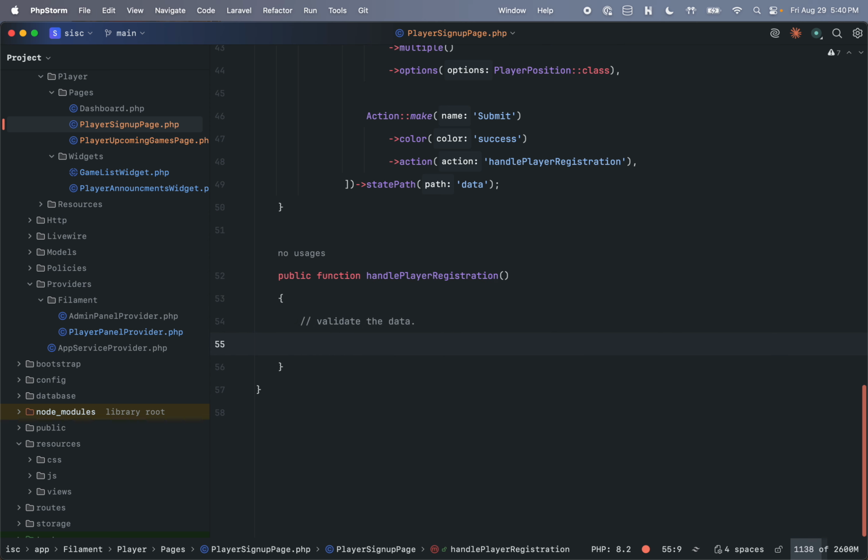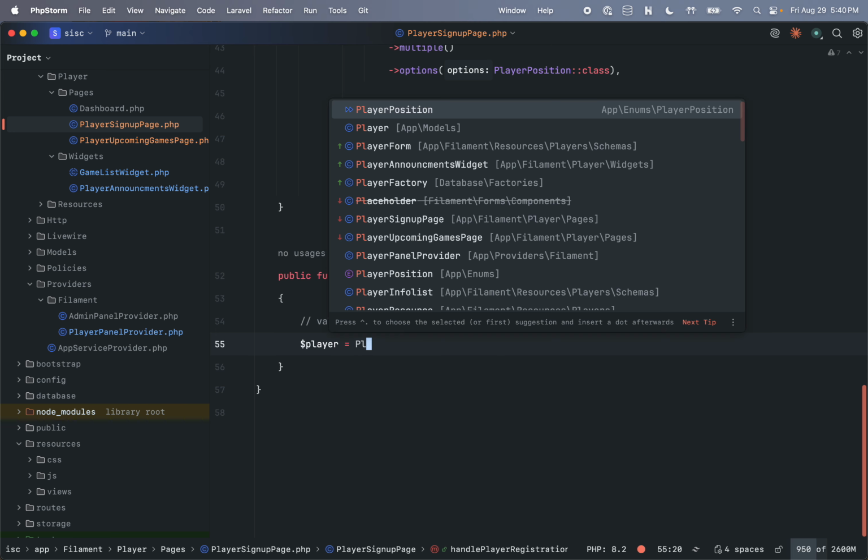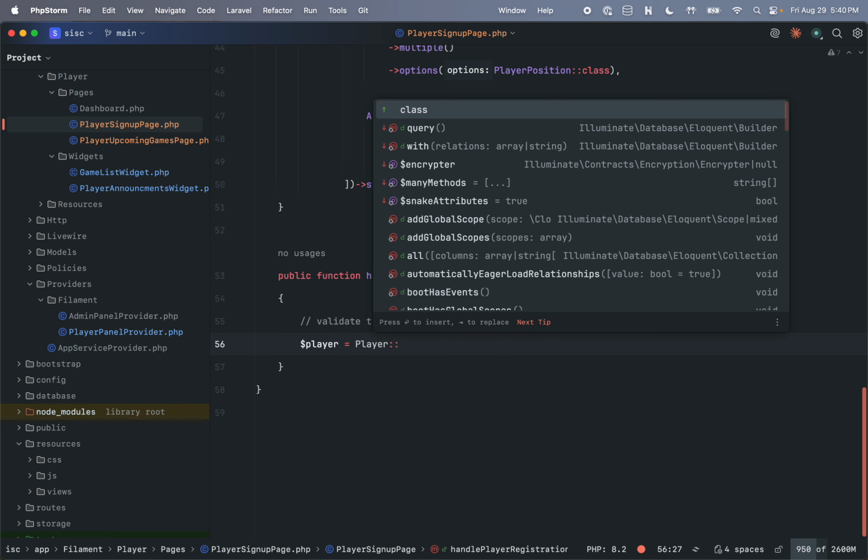That's fine. So here is where I would do player equals player create,